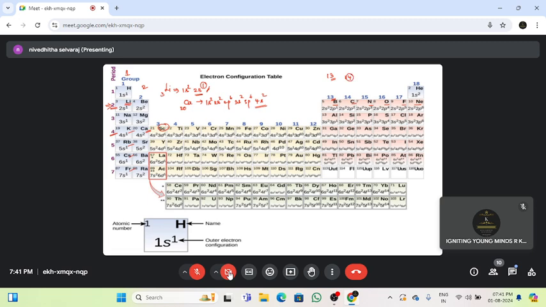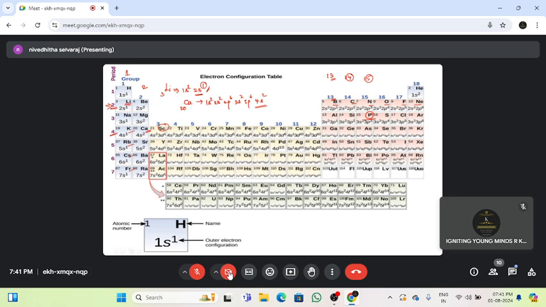So how many valence electrons will be present in phosphorus? Where is phosphorus? It is here. Now tell me how many valence electrons will be present in phosphorus? 5. Very good, it is 5 because phosphorus is in 15th group, right? So number of valence electrons will be 5. Okay. So just from the group number and period number, we can tell about its valency shell and number of